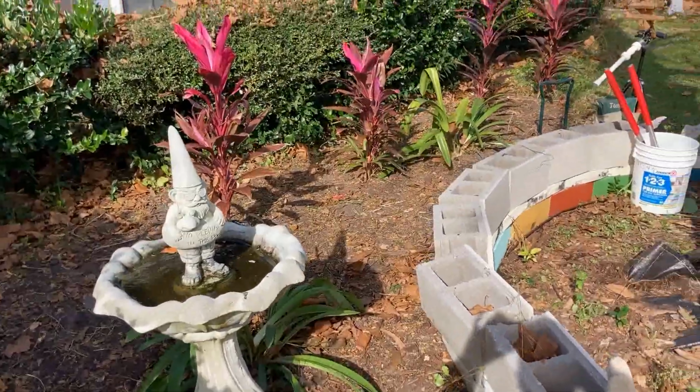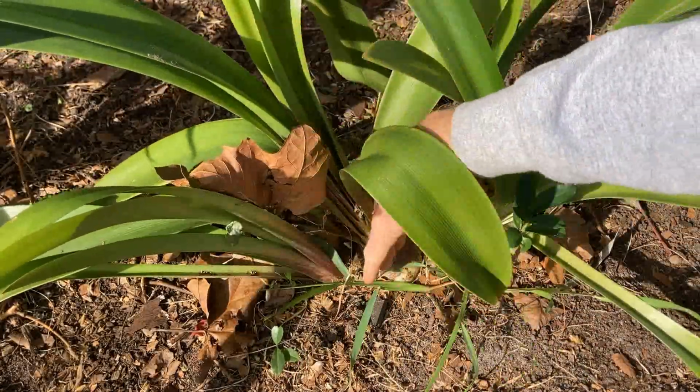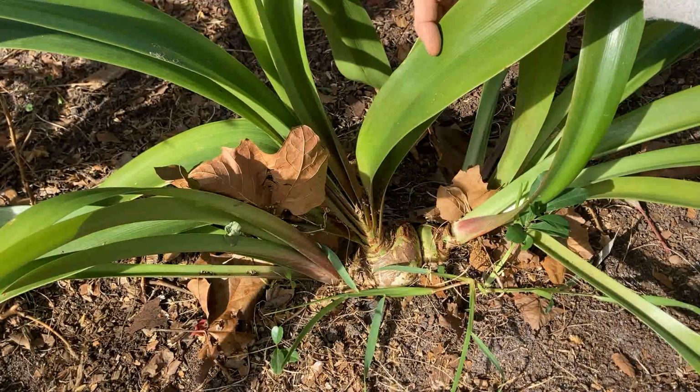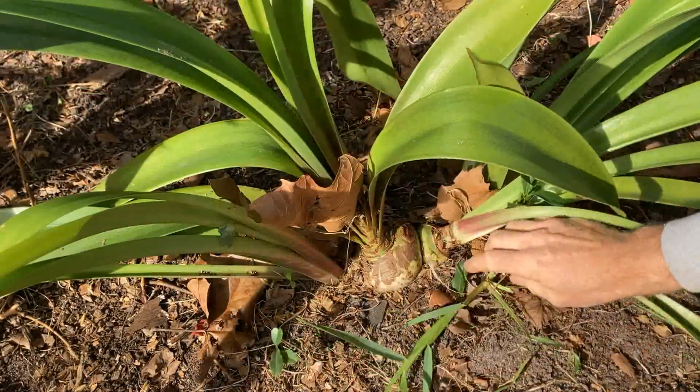And I got down to this amaryllis, and this thing here, look at the bulb under here. This is just exciting because it's a massive, massive plant. Yeah, I'm a little excited about this. But anyway, I'm just in here cleaning up